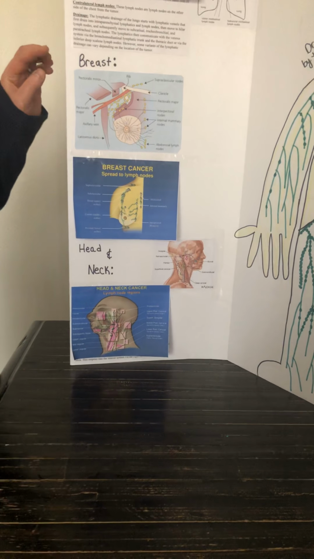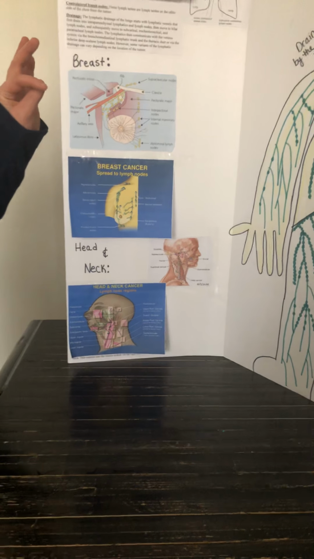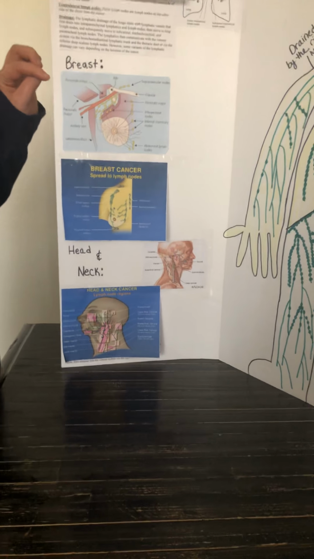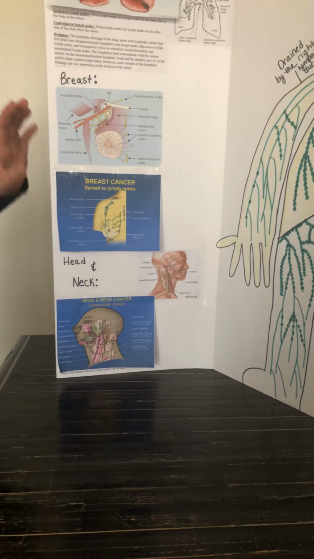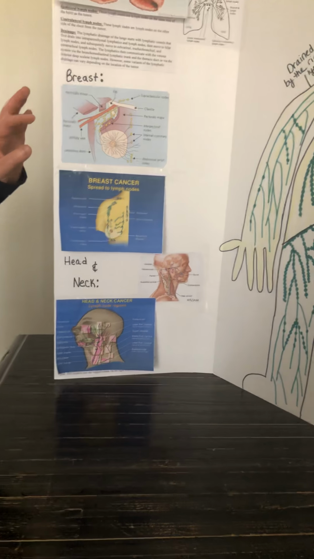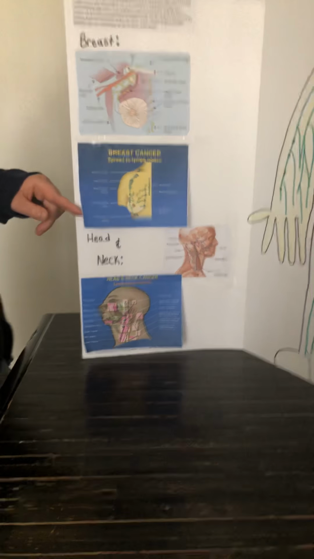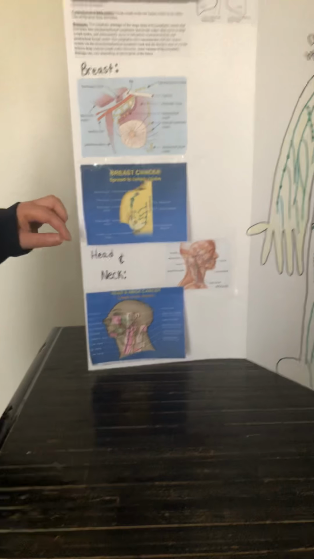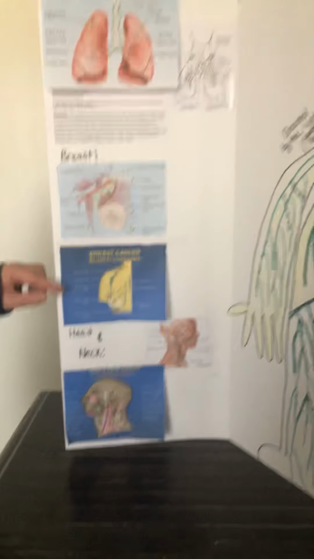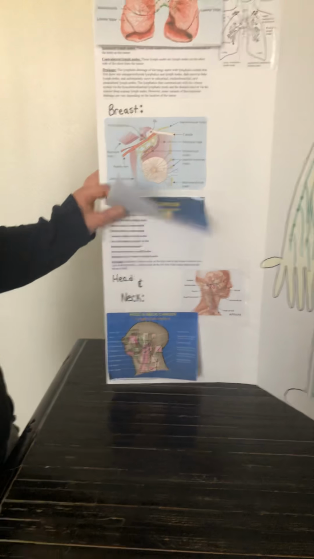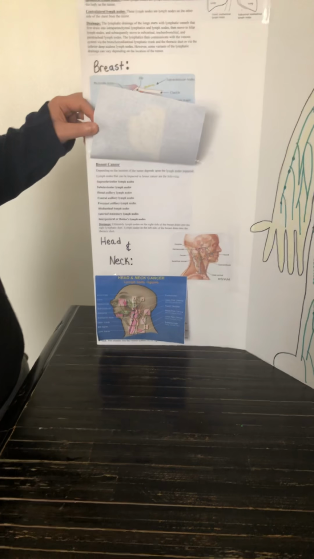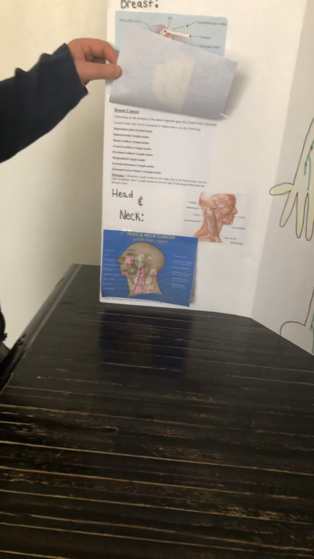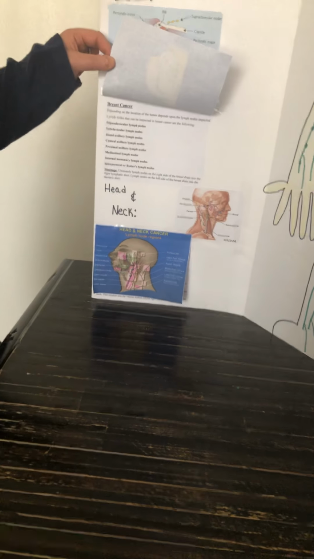Moving on to the breast, I was sure to include a colored picture of the breast and the different lymph nodes in the breast. On this picture here, you can see the different lymph nodes that can be impacted and spread to, and they're also named here as well. Depending on the location of the tumor depends upon the lymph nodes impacted. Lymph nodes that can be impacted in breast cancer are the following: